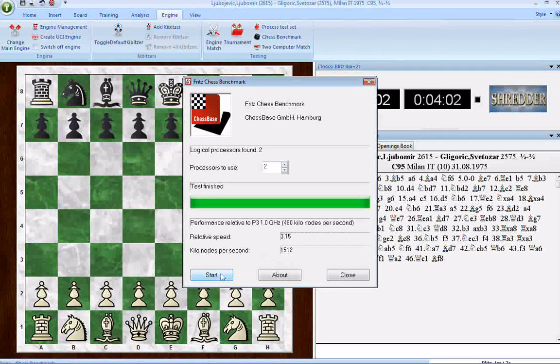All you do is you click this button, and with your current performance, with everything that's currently running on your computer, you can find out how well it does compared to a P3 1 gigahertz machine. Now, why is this significant? If you run this and you're not happy with the results here under relative speed and kilonodes per second, if you have programs running in the background